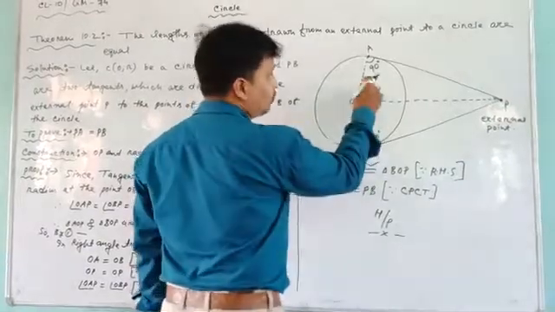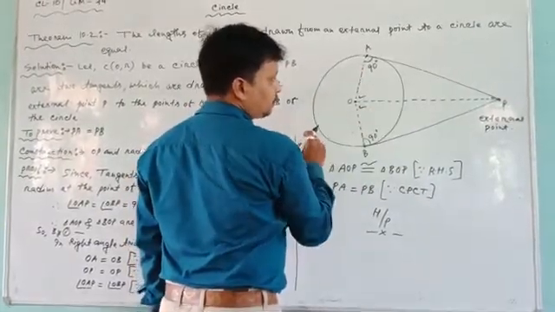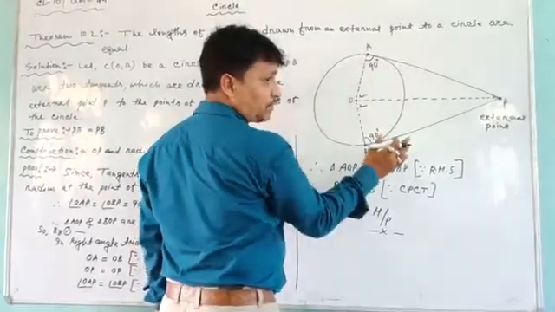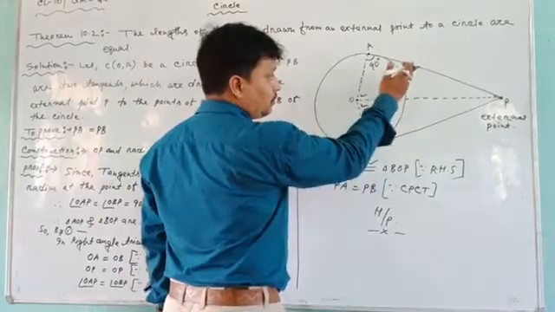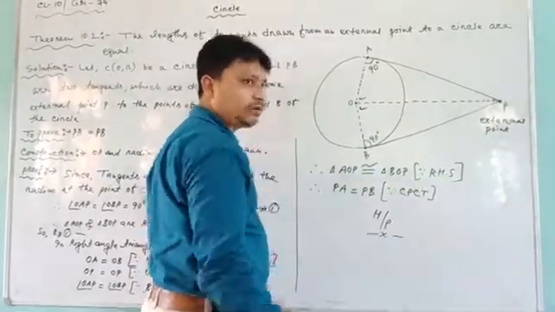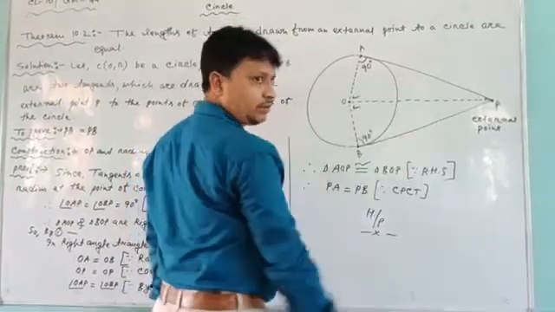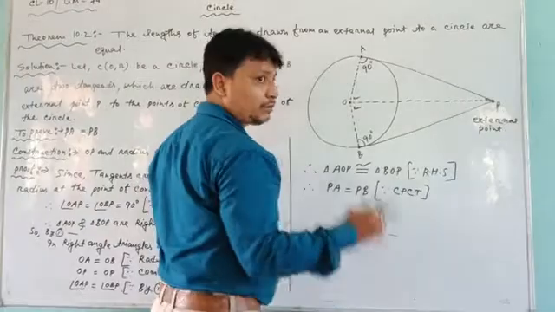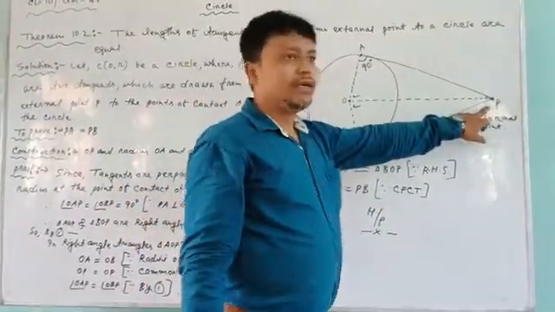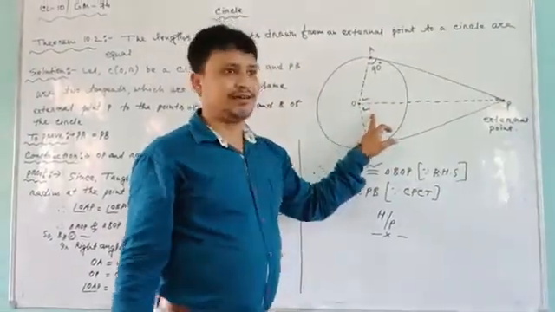What are we saying here? A pair of radii, a pair of hypotenuse, and one pair of right angles are equal. Two pairs of angles are left, and one pair of sides is left. So the rest of the corresponding parts are automatically equal, because both the triangles are congruent. So these two angles are equal, these two sides are equal, and maybe there you will get the proof that when you draw one pair of tangents from an external point to a circle, they are subtending equal angles at the center.